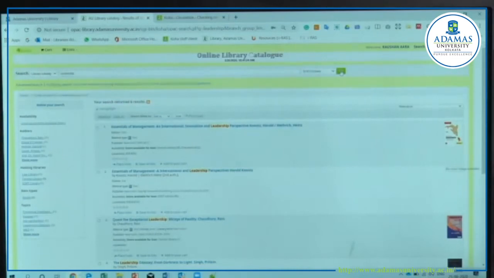When you visit law and liberal arts, you will get books for law and liberal arts subjects. When you go to the pharmacy library, you will get only biotechnology, life science and pharmaceutical resources. So before coming to the library, before deciding, please check where the book is available. If you click here, it will show you the library details.